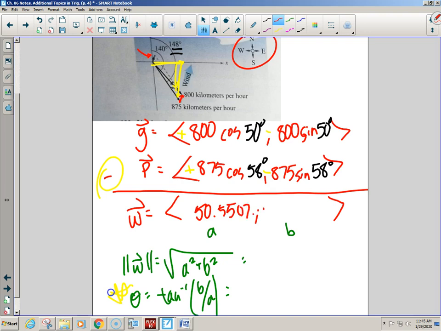50.5507-ish. Look good? Yep. I just have to change. I can copy and paste. I'm saving time on my calculator. You guys know how to copy and paste, right? If you don't, that's helpful. Not on the calculator, though. And then negative